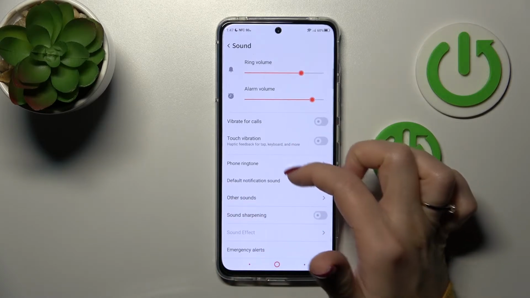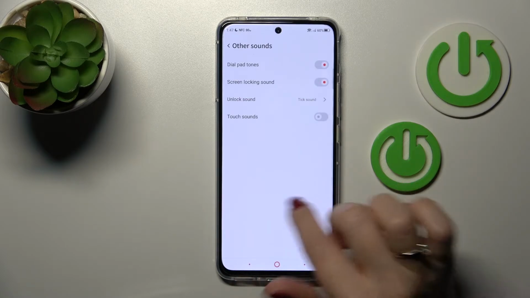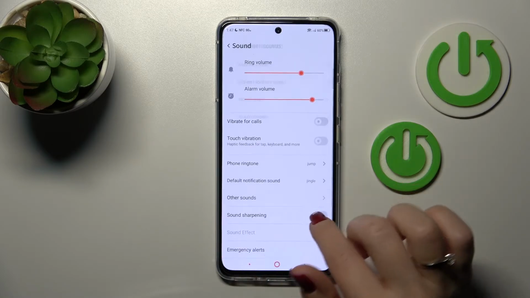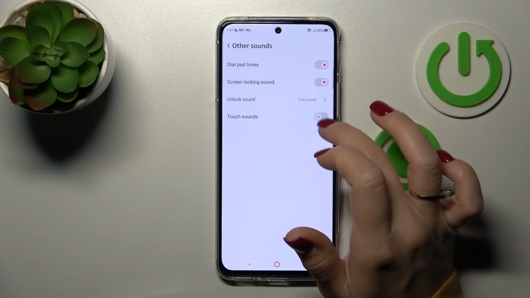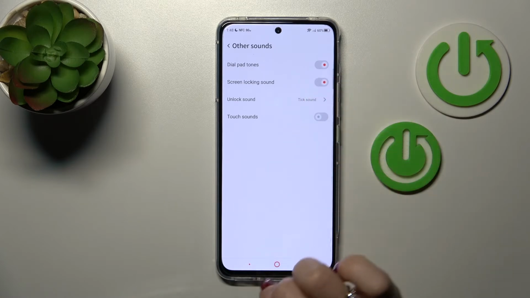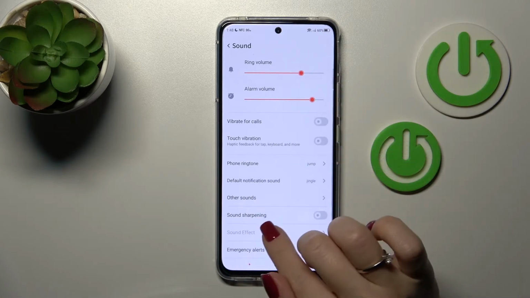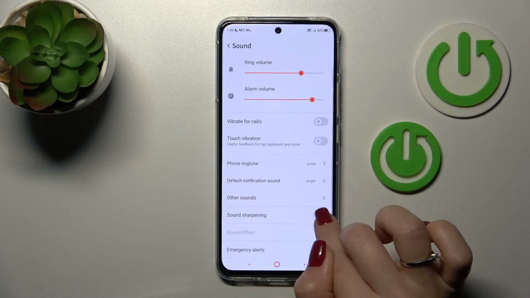Here we can change ringtone, notification and other sounds settings. So in other sounds we can turn on and turn off the dial pad sounds, screen lock and lock sounds. We can also change the unlock sound and turn on or turn off the touch sounds. Also we can turn on or turn off the sound